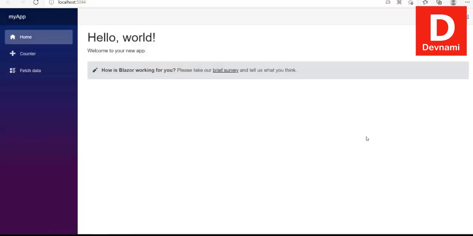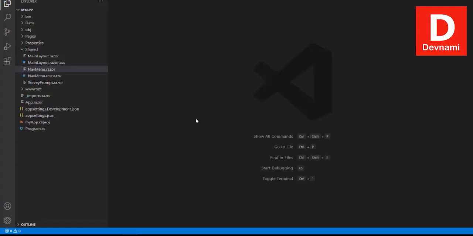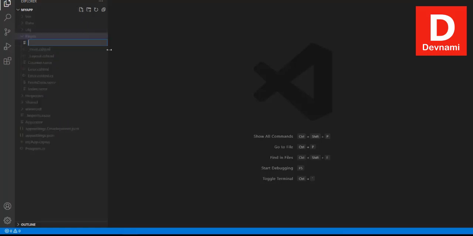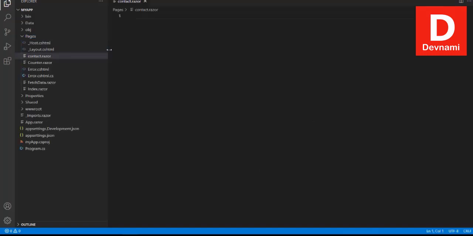Okay, what if we want to add one more page to the existing static site that we developed in Blazor? To do that, what we'll do is open our project in Visual Studio Code. Then let's go to the Pages folder, and here we will add, let's say, contact.razor, right? Now here what we need to do is give our page URL, right? So @page "/contact",